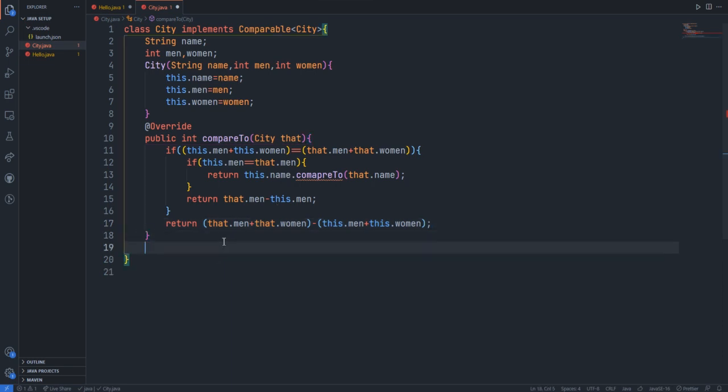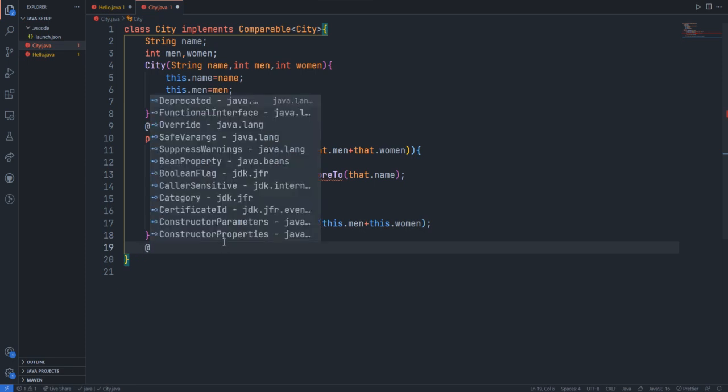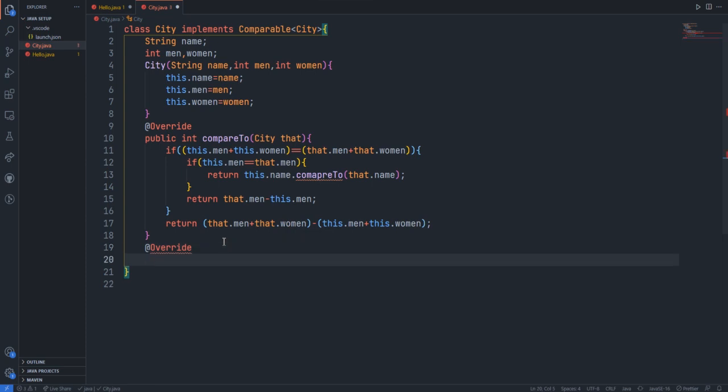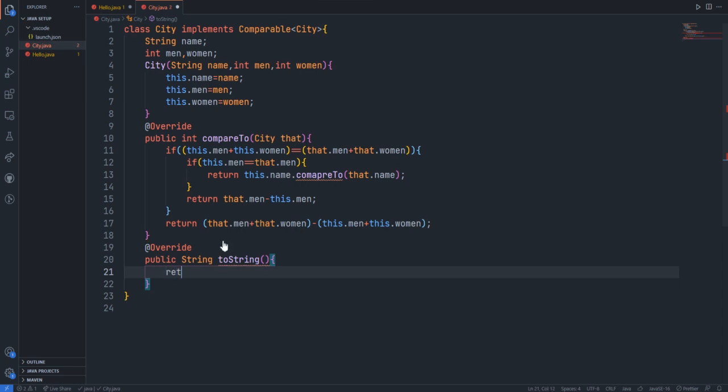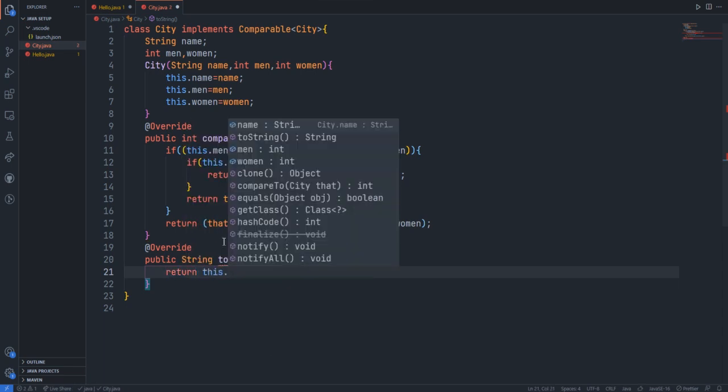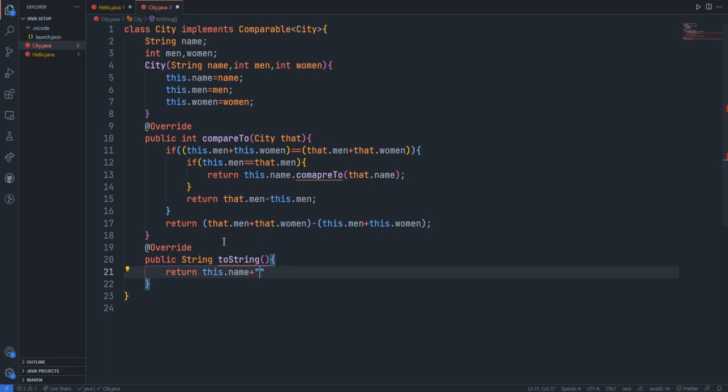Now it's time to print all those values. For that, we need to override the toString function. Public String toString. This doesn't have any parameters, so we don't have to worry about that. We just need to return this.name plus a space separator, this.men count plus a space plus this.woman.